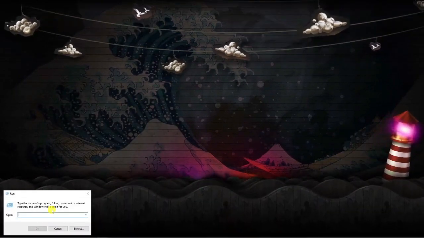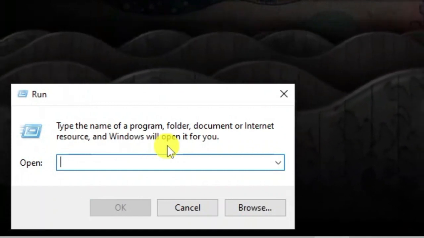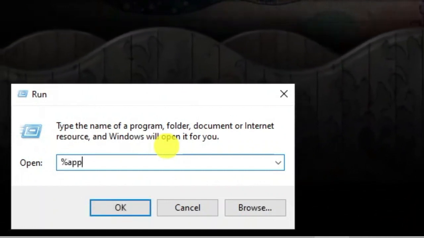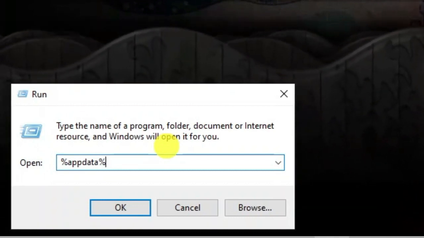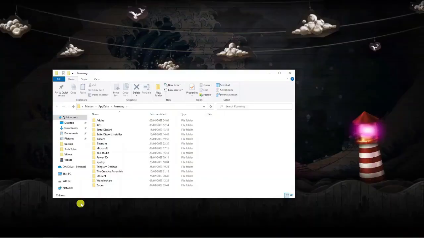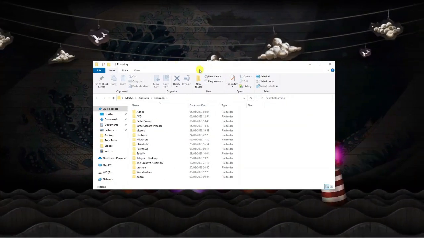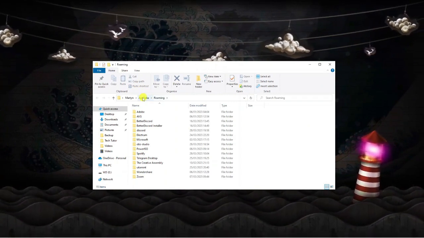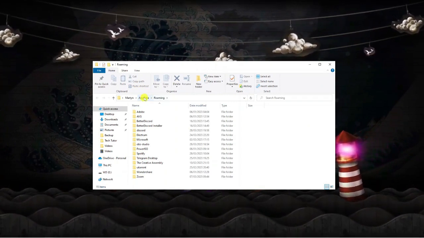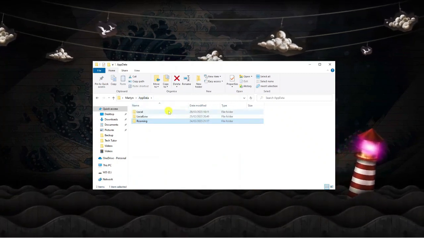What we now want to do is type the following into this Run box: a percentage sign, followed by AppData, and then one more percentage sign. Once that's done, click OK, and this is going to load up a window that looks like this. Next, go up one folder. Come to AppData, click that here, and then switch this to Local. Double click on Local,